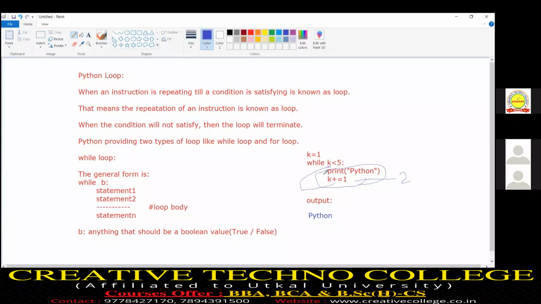The latest value of k is 2, because k plus equals 1, that is k equals k plus 1, has been evaluated. So now the value of k is 2. Then we evaluate: 2 is less than 5. Is the condition true or false? True. 2 is less than 5, so again the condition is true. So if the condition is true, the body will execute again,